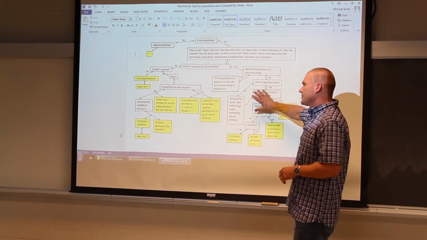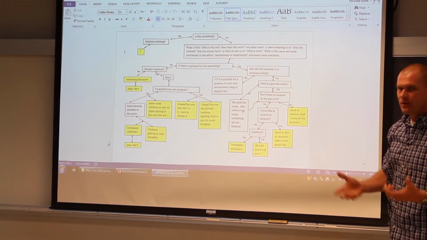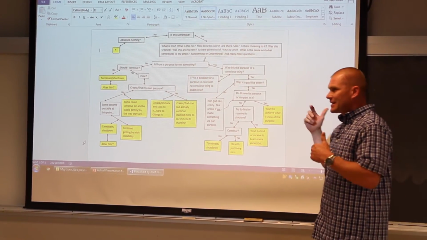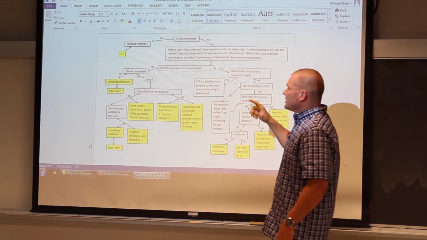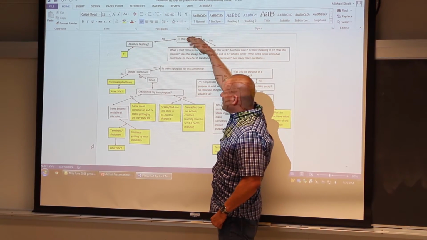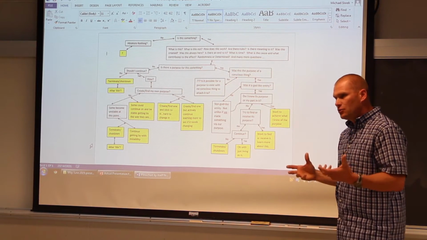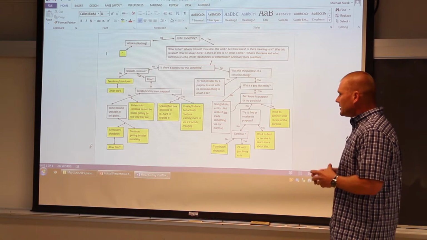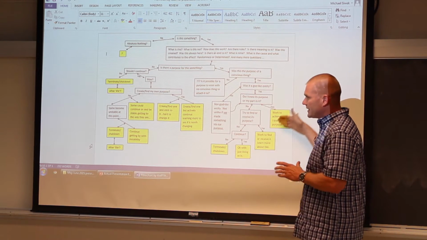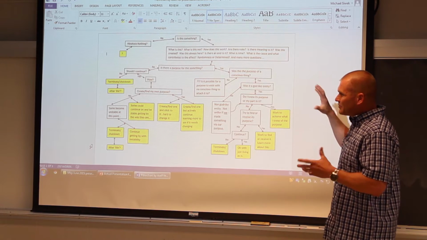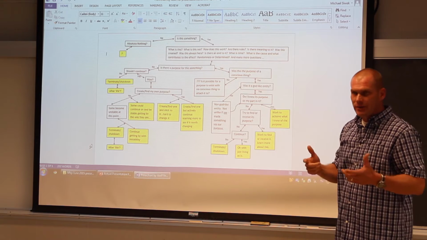I'm not going to blow this up at the moment, but this chart might have started out as a flow chart when I was thinking about how an AI, an artificial intelligent machine, might be programmed. The thing about a flow chart is it starts at the top and you flow down. But once I started thinking about how human consciousness might function, you could see that we arguably come onto this chart at locations down here. So it's not so much of a flow chart if I apply this to what I call the human everyday